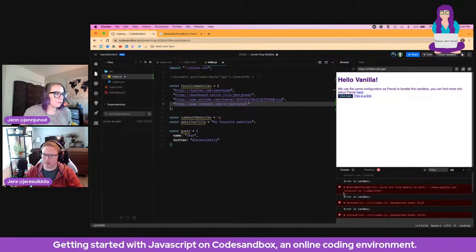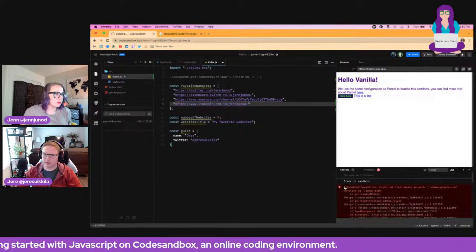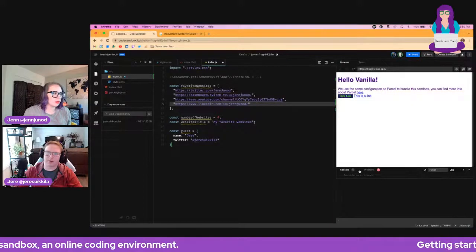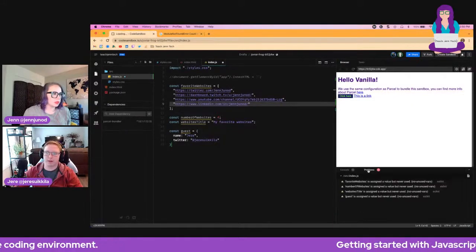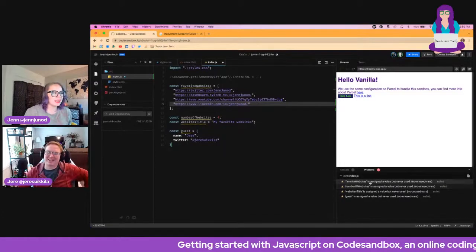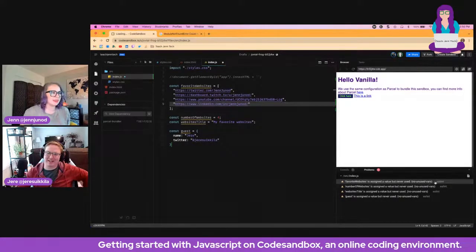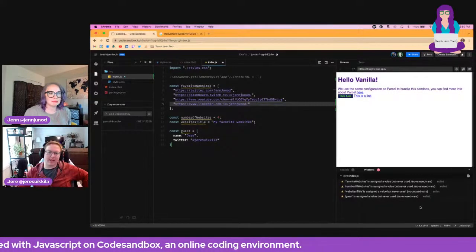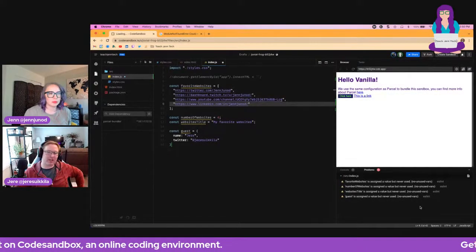Is that like a stop sign next to where it says filter? Oh, yeah. Okay. There we go. And then the problems, this was another thing that kept coming up: it's not assigned a value, but never used. Is that a clear message?